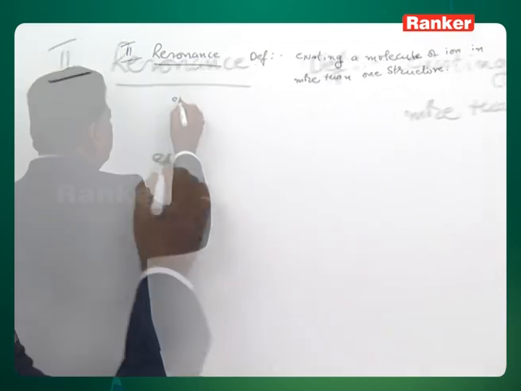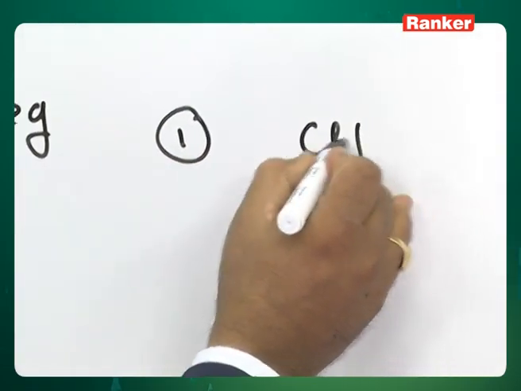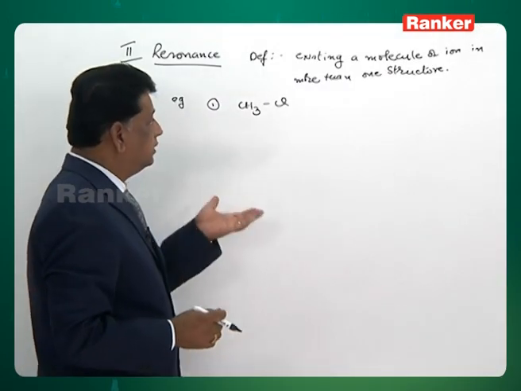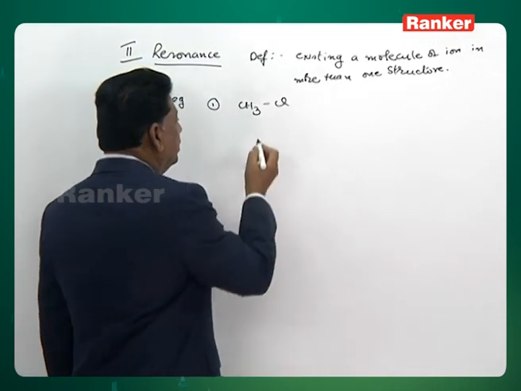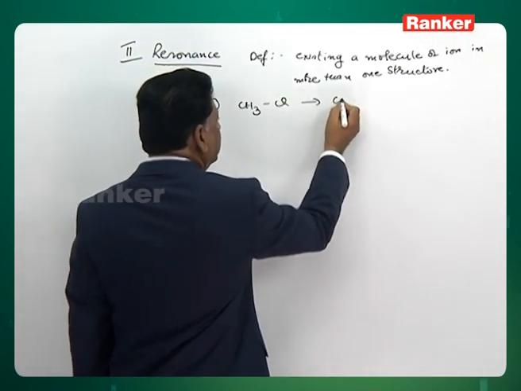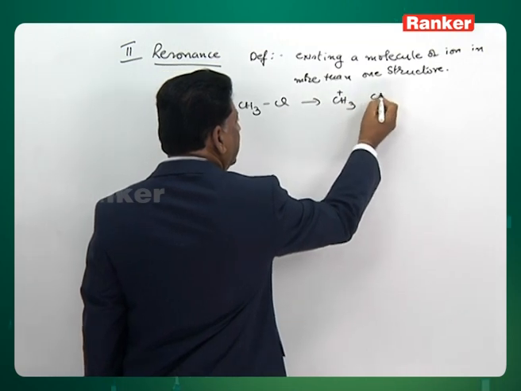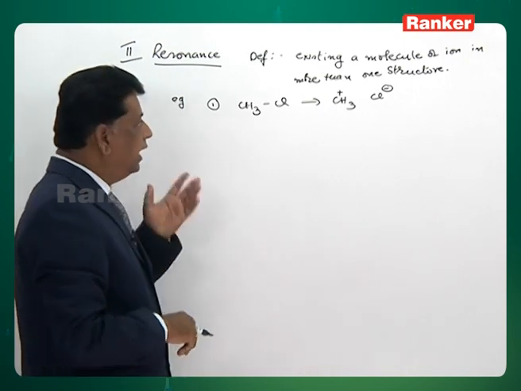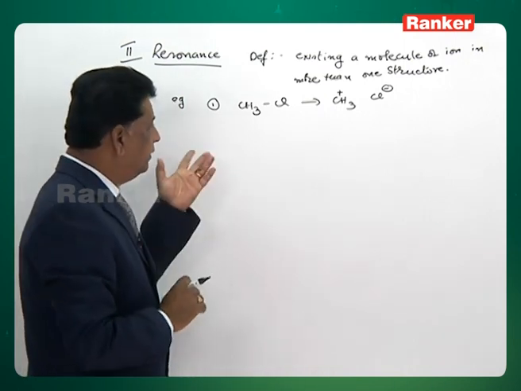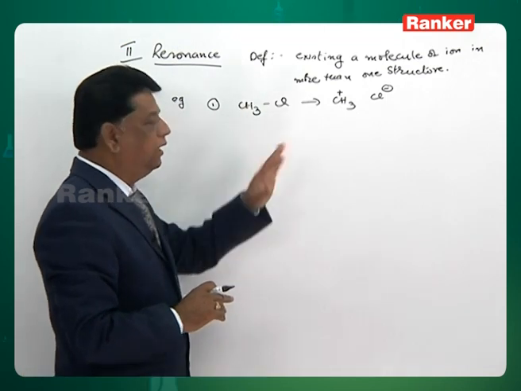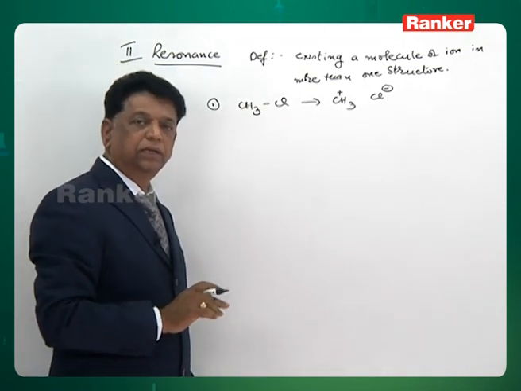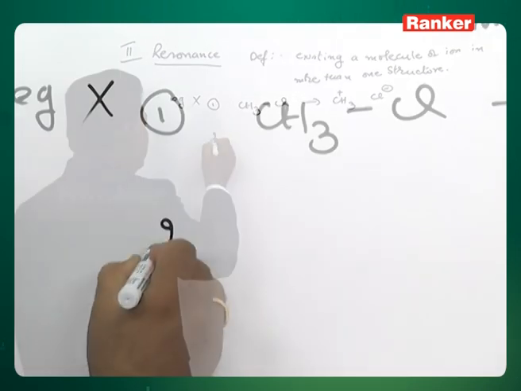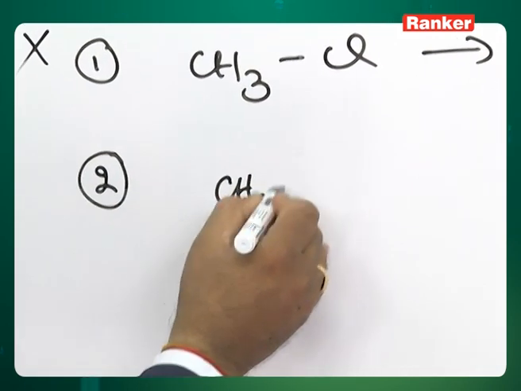Let us take one example. I have taken methyl chloride and am writing another structure for the methyl chloride. Let me try. So, I will break the bond and make CH3 plus and Cl minus. Is it another structure for methyl chloride? As per the rules of IUPAC, in resonance the sigma bond cutting is not allowed. So, therefore, this is not the right example. Let us take another example.